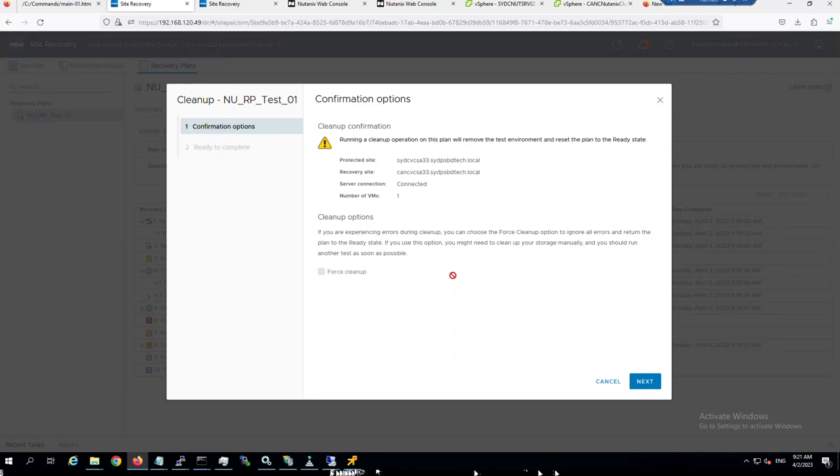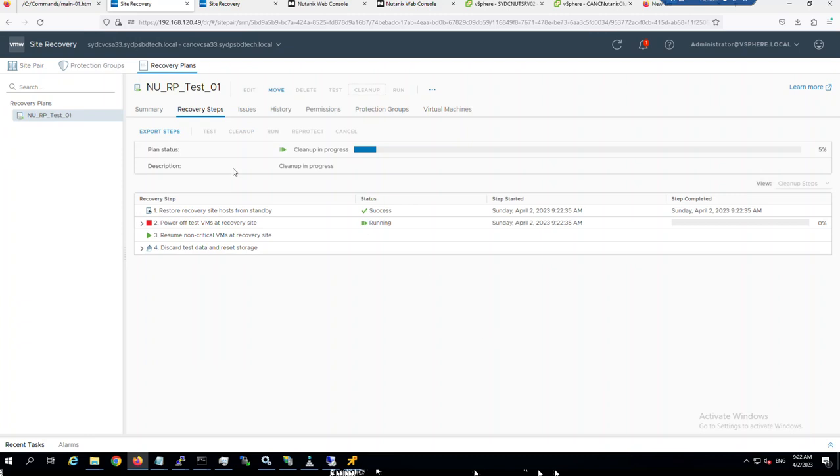That happens when, for example, your production site is down and you want to do a cleanup, and the infrastructure hasn't been set up on the production site. When you do a cleanup, it needs to talk back in the opposite direction and make sure the storage is cleaned up first, snapshots are deleted, etc. And if there are problems in your backend storage environment, that might not work. So that's why this force cleanup is there, right? Just remember, if your cleanup doesn't work, go and do a cleanup again, and next time you will be able to enable this. So I go next,